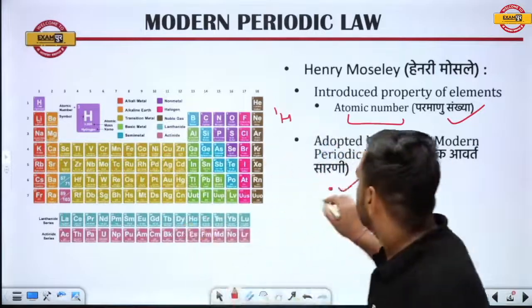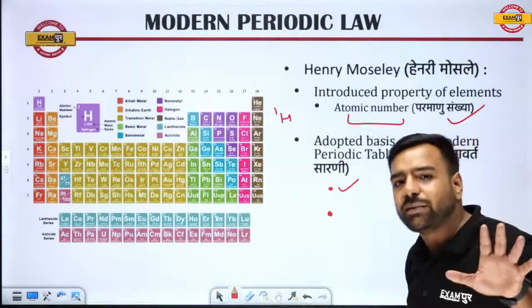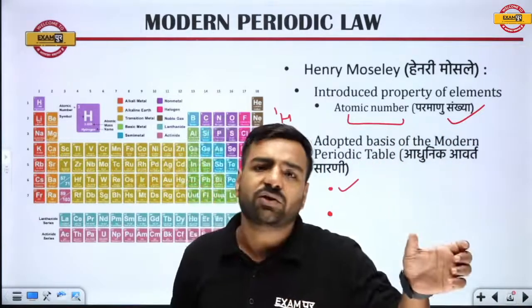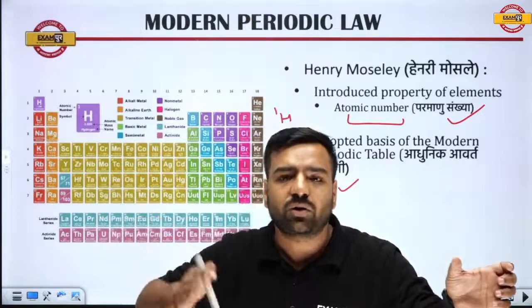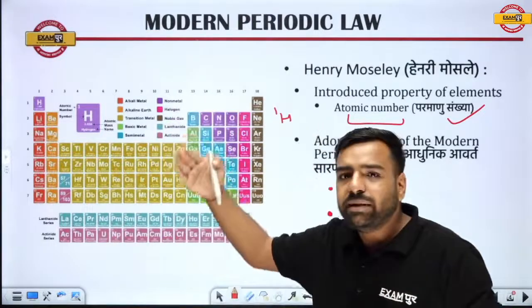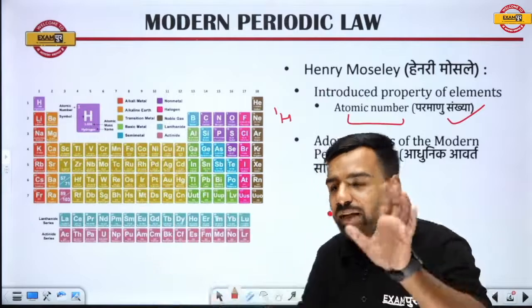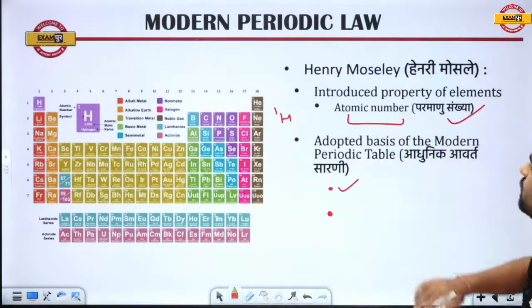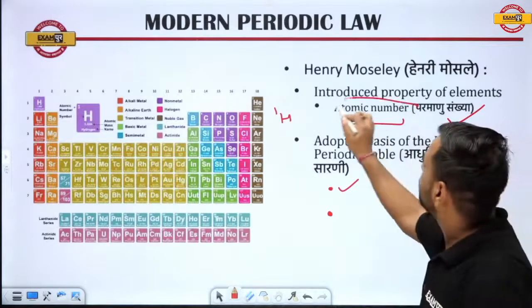But basically, please remember, the number which is given above is what? That is the mass number. I have a trick also so that we can understand it. Now the sequence I was talking about, hydrogen, helium, lithium, beryllium, boron, these are in increasing order of atomic numbers. Fine. So the modern periodic table has adopted this concept of